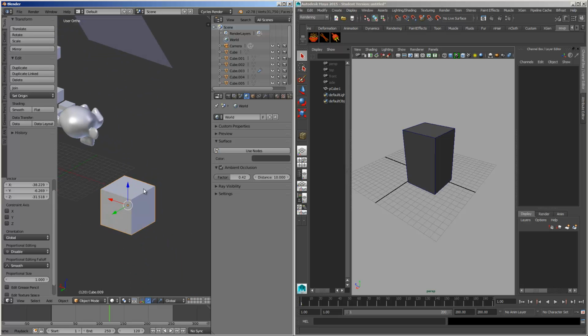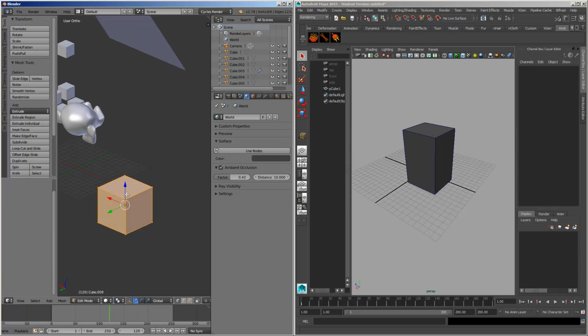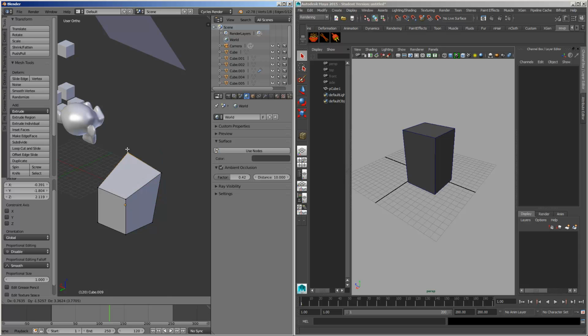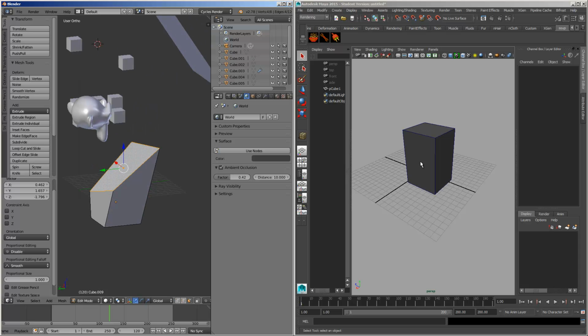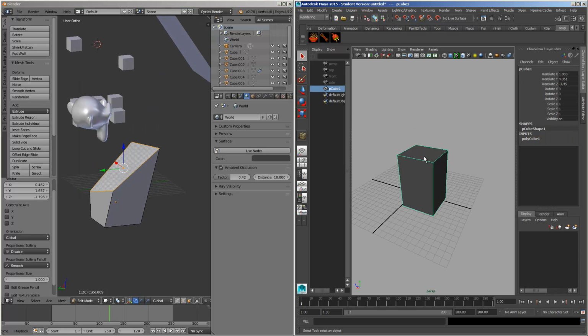You hit tab to go to edit mode, and now you can work with vertices, edges, or faces. In Maya, you do that by tapping, if I'm not wrong, it's like